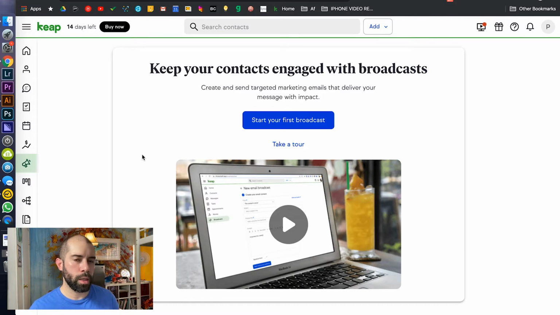So you would also need a separate CRM instead of MailChimp. I don't think it has a really good CRM. And then you would also need all these other features like invoicing and all this other stuff. So it's nice that Keap has email marketing in it. You can send emails to all your customers through Keap.